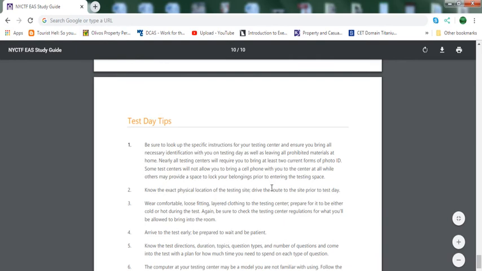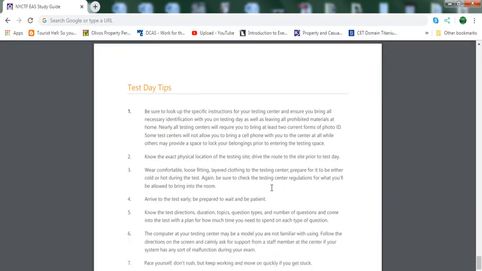Make sure whatever test site you go to, always go there early. If you haven't been to the test site location, you don't know what the situation is. You don't know if you're able to park your car, or if the transit will be late. And Pearson is very strict on that part. You have to let them know in advance if something happens.